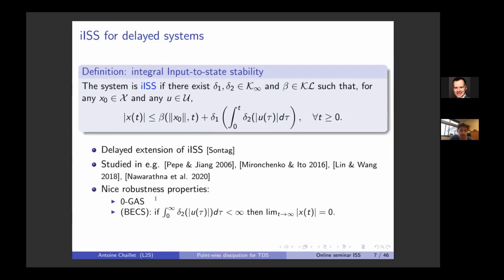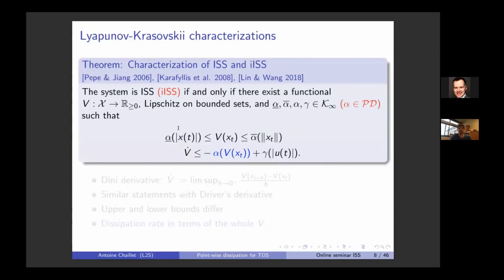And here also, there are some nice properties. Beyond zero gas, we have the bounded energy converging state, meaning that if this term from 0 to infinity is finite, then not only the solution is bounded, but it actually also tends to the origin. So there are ways to establish iISS, integral iISS, in practice, and the characterization that was obtained by,